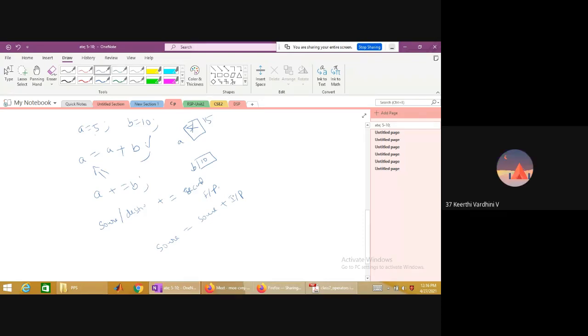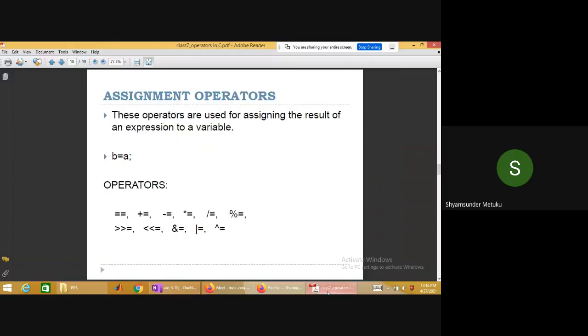Yes, sir. So whenever you want to use the same variable as source and destination, instead of using the name of the variable three times, you can use it only one time. A equal to A plus B can be written as A plus equal to B. In fact, all the operators you have seen, whether arithmetic operators or logical operators, have this form. Bitwise operators are also given, but so far bitwise operators have not been discussed. So that is the reason you just try to remember only this part. So let me go back to the PPT here.